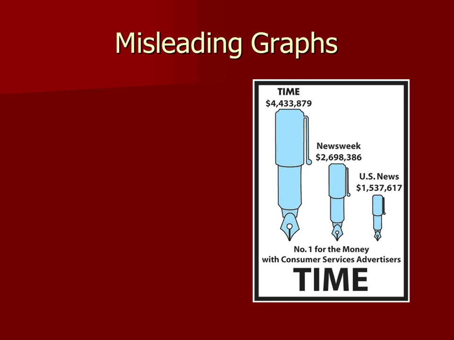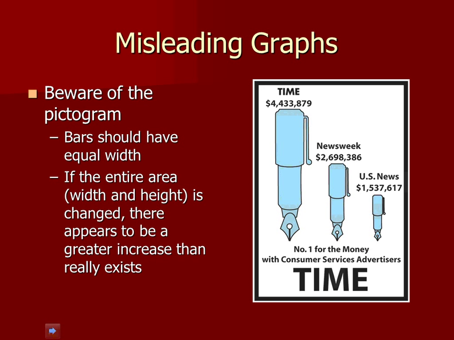Pictorial graphs are kind of confusing. They are misleading because typically the size of the picture does not correspond with the difference in, say, sales or whatever our data is. It may appear to be a greater increase than it really is. Example of this looks to be just a little less than twice the size of this. However, if you look at the size of this pen, the total area of this pen is probably like 4 times the area of this pen, which is a little bit